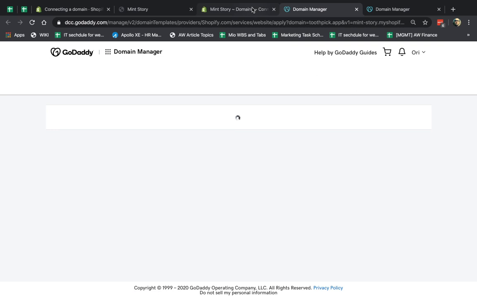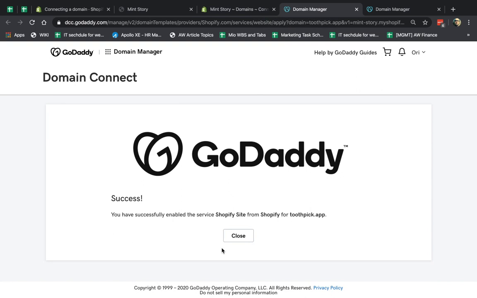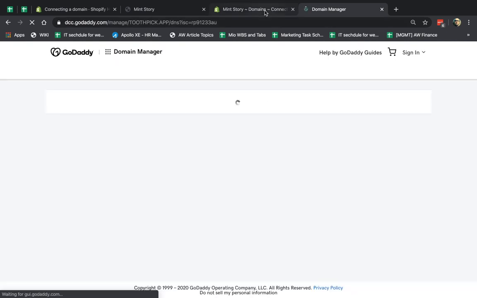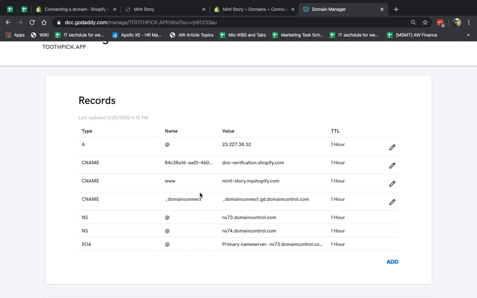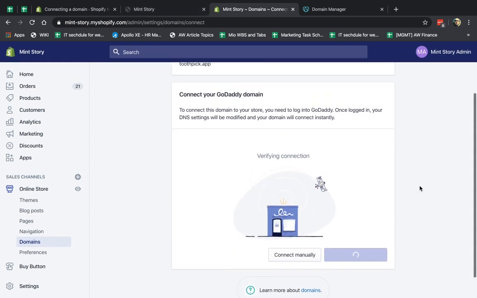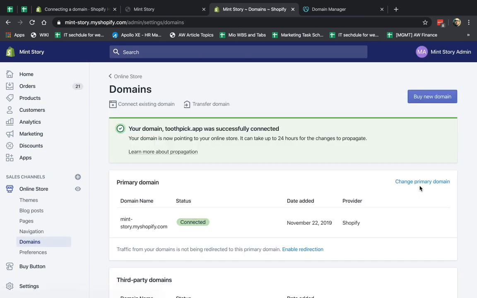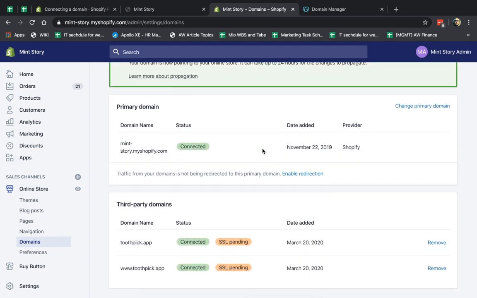If you choose connect automatically, you just log in and authorize Shopify to use the GoDaddy login. For example, I click Connect, and I have to be logged in, and that's it. Then it finished. If I refresh the page, it has already set up everything for me. You see all this, my Shopify, et cetera. It's done the work for me, and it's verifying the connection itself. It's really easy. If you have GoDaddy, it's super easy. Okay, it was successfully connected. Great. I'll show you the manual way a little bit later.